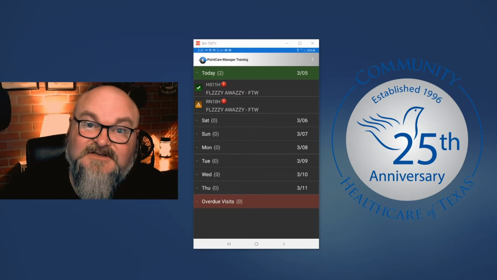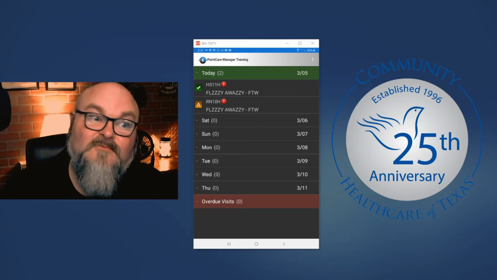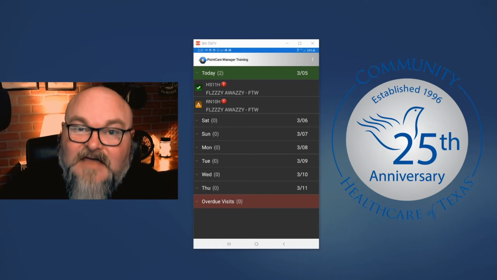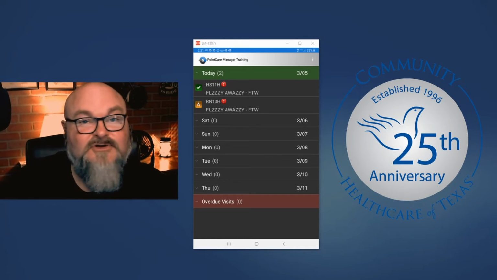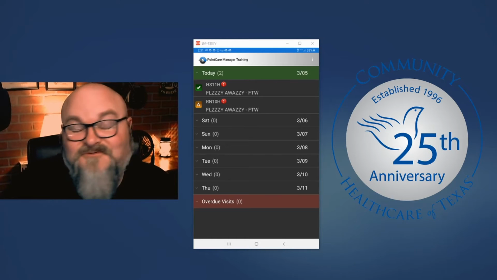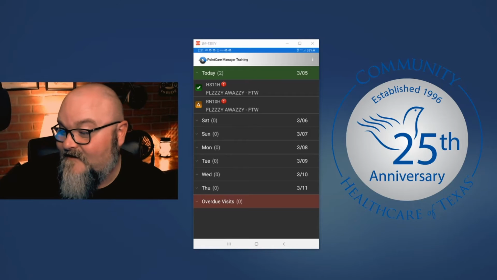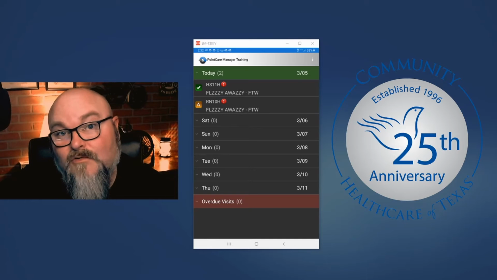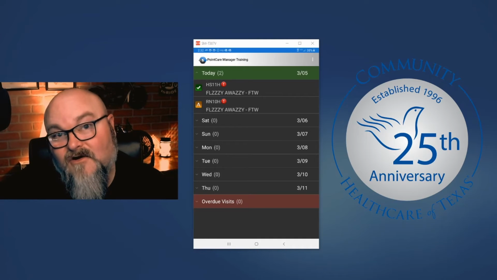That's one of those things that CHAP or the state, when they walk in, will be looking for. And specifically, when we just had our survey, they did look for coordination of care. So, just a quick, brief refresher. I'm sure most of you know how to do this. But just to be able to put in a note of that coordination of care between the RN and the